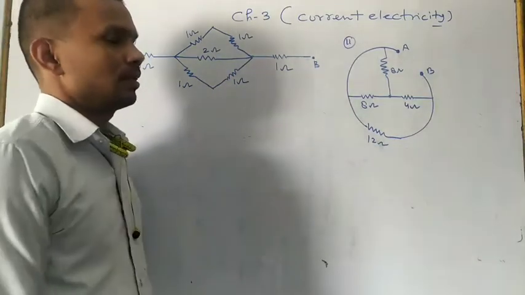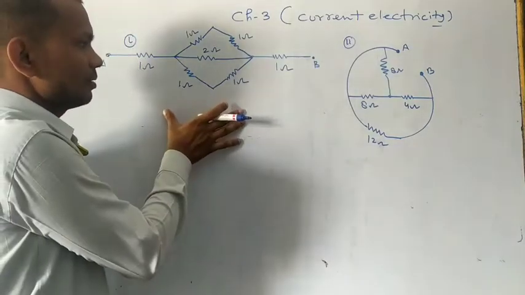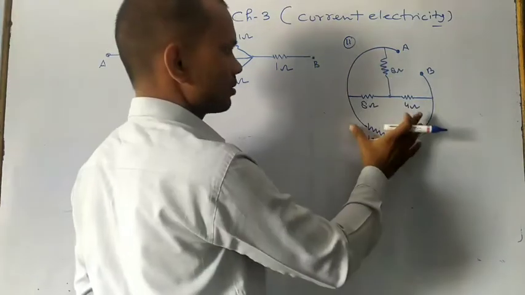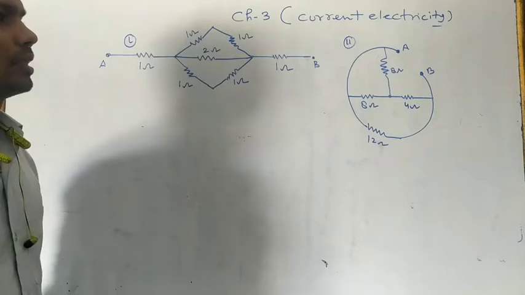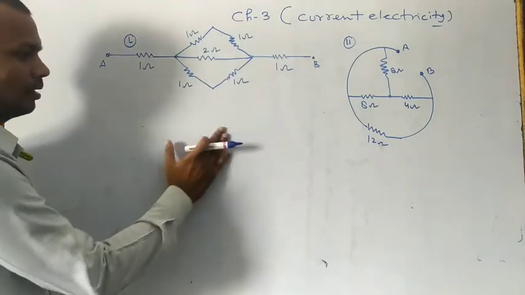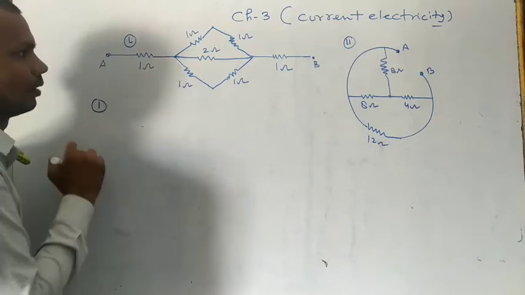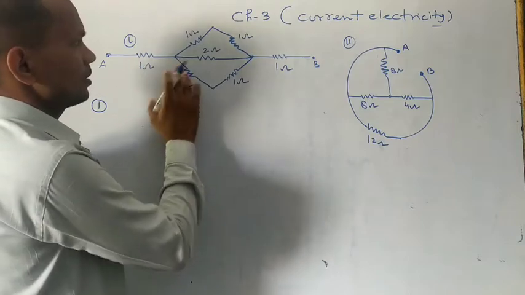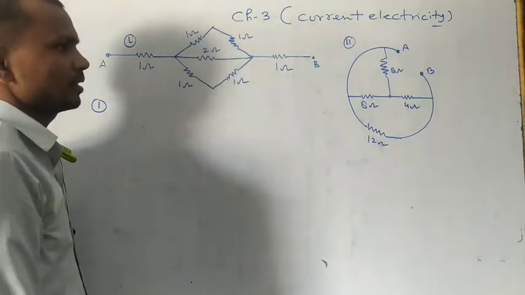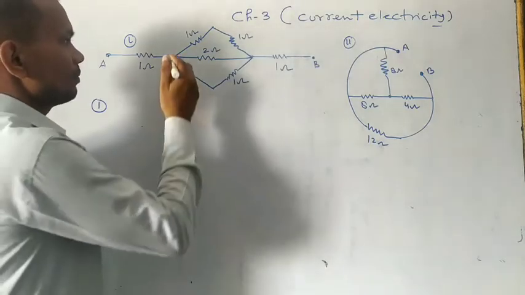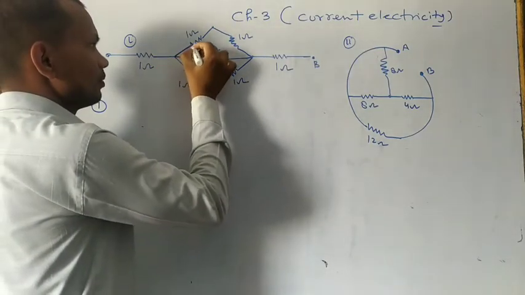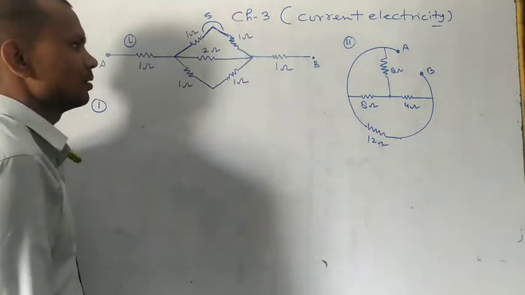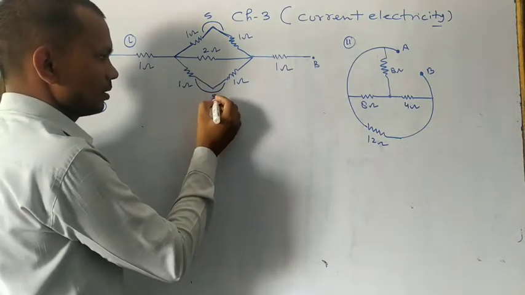Here you have to see two problems that we are having, and in both these cases we want to find out the equivalent resistance of this network, and in this case also the equivalent resistance of this network, right? So for the first one, here you have to see. Now for this one, how many resistances are there? 3, 4, 5, 6, 7, total 7 resistances are there. So first of all, from this point you have to see this is one, and then this is another, means these resistances are connected in series. Similarly this and this are also in series.